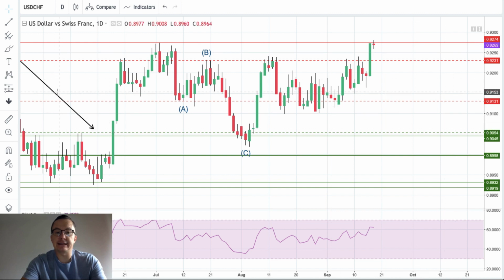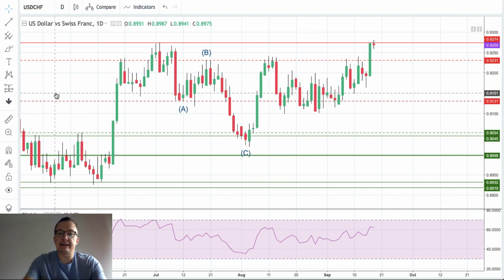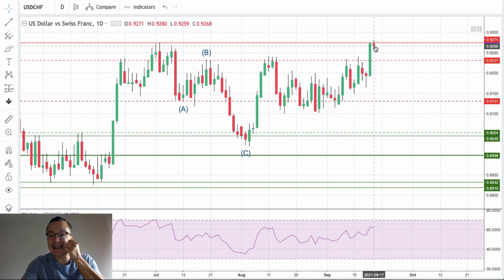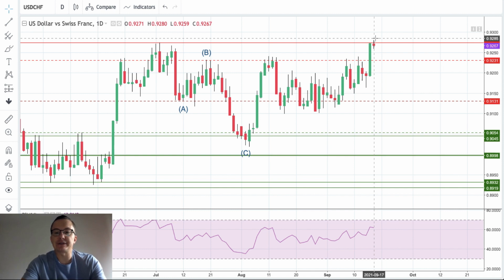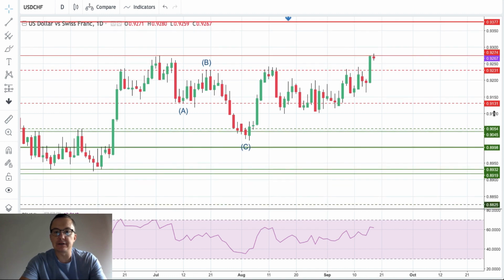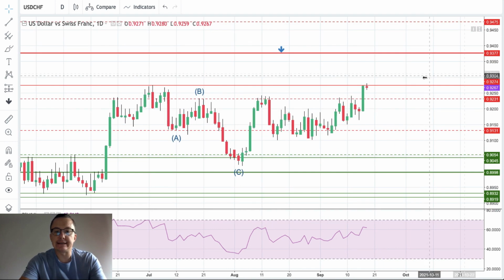Currently the market is testing the highs from the beginning of July 2021, 9,274. That's the high. We have violated this high because today's high is 9,280, so there's like 6 pips of violation, okay, but there is no candle close above this level yet. However, we can say that another target for the US dollar is seen at the level of